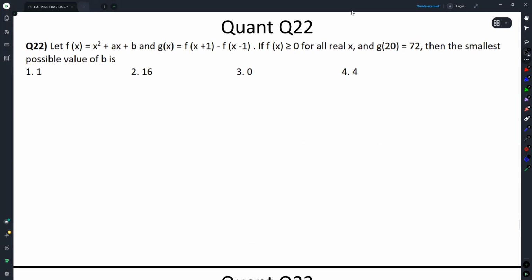Let f(x) be equal to x squared plus ax plus b, and g(x) be equal to f(x+1) minus f(x-1). If f(x) is greater than 0 for all real x and g(20) is equal to 72, then the smallest possible value of b is